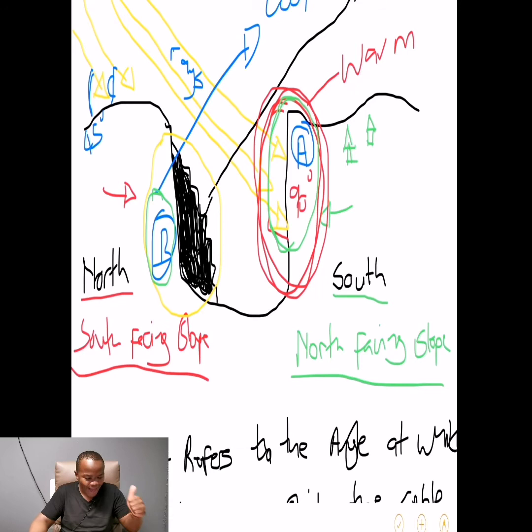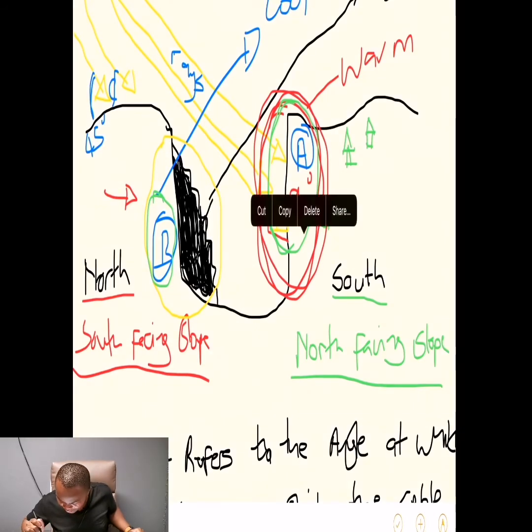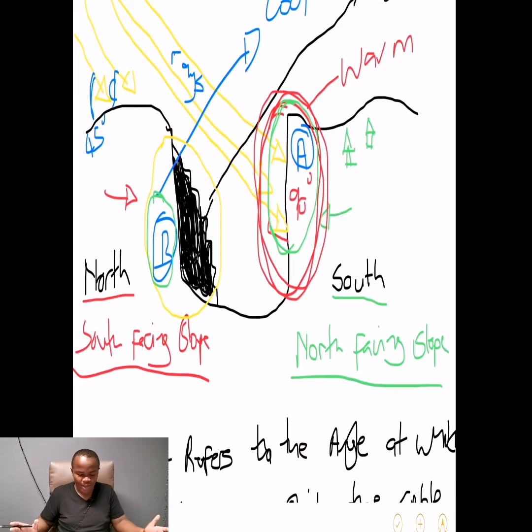And then again, sparse hardy vegetation such as grass and succulents are found on a warm, dry, north-facing slope, meaning that they will be found somewhere in this area here. So you guys need to understand how these two slopes affect or influence our economic activities, our settlement, as well as our vegetation.